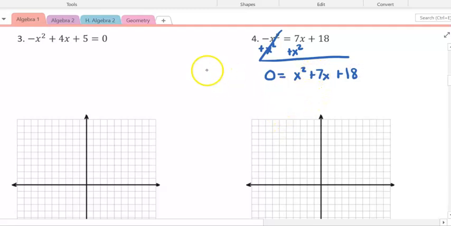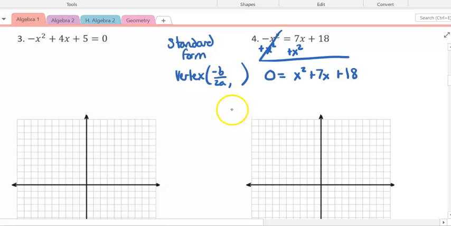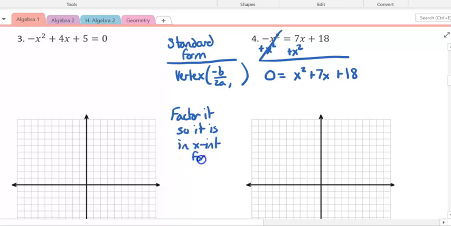So here are my two options. If I'm in standard form, I can find my vertex using negative b over 2a, and then whatever that number is my x value, and I plug it back in to find my y value. Then I could make a table of points. My other option is I could factor it, so it is in x-intercept form. So here, either option will work. I feel like most of you guys will want to do negative b over 2a,